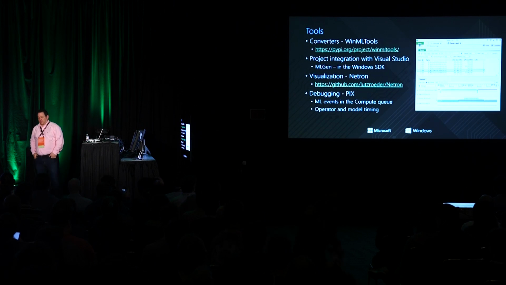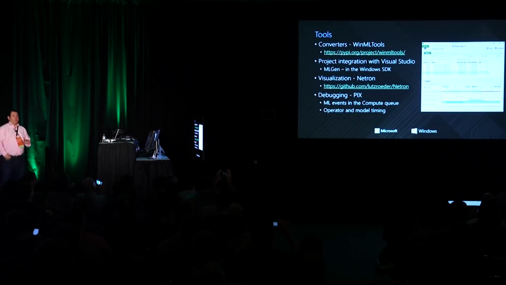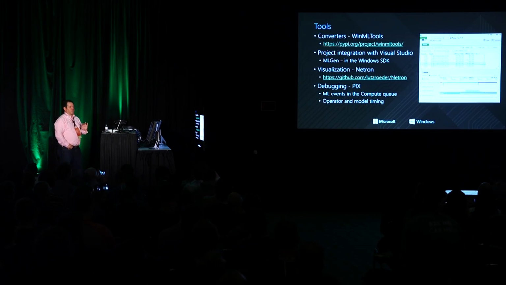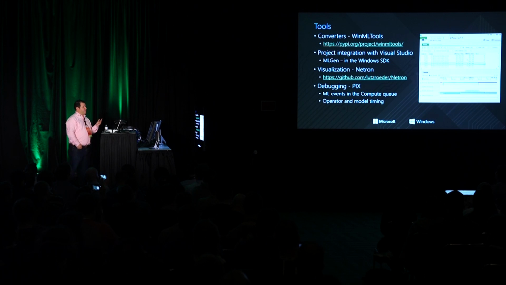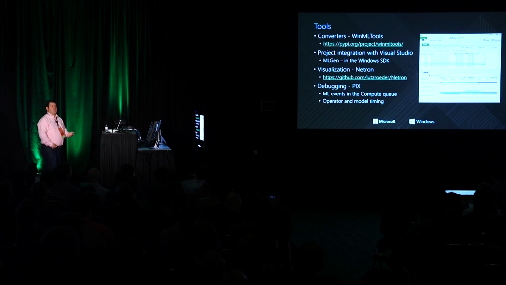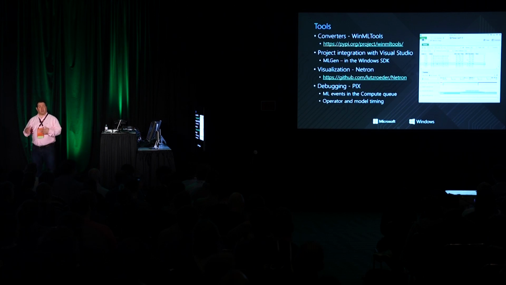As I mentioned before, one of the things that's really important is that we've built the core platform technology, but we've also realized that no platform technology is useful without the tools behind it. So as I mentioned earlier, we've built a number of converters that allow you to take a model from a number of different frameworks that are out there, Caffe, CNTK, TensorFlow, and bring that into the Windows ecosystem. We've also built the beginnings of integration into Visual Studio. In the Windows SDK, there's a tool called MLGen that, given any model that you've imported into an ONNX file, will generate all of the core class wrappers you need to do a core evaluation. And a lot of that code that I've shown here, it does for you.